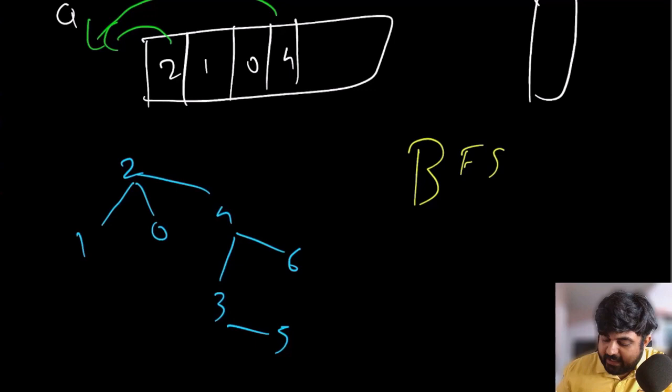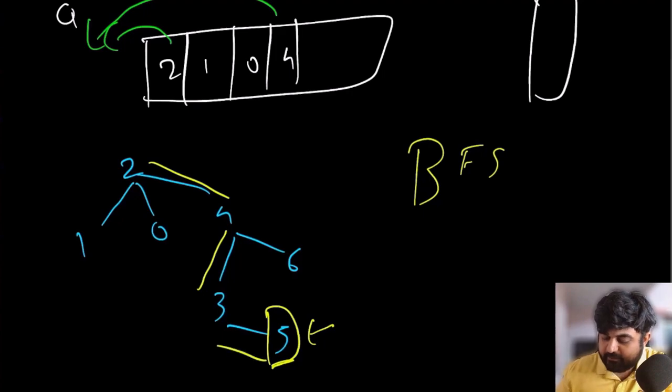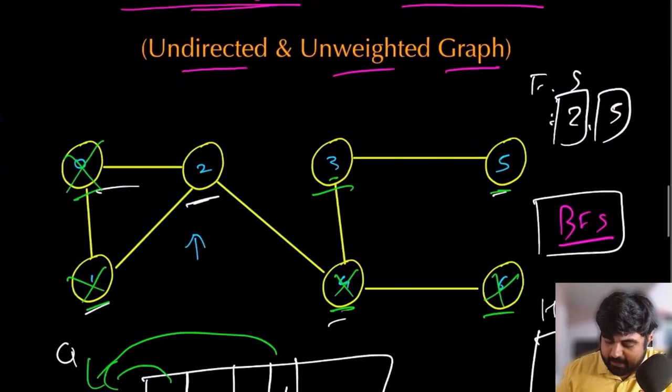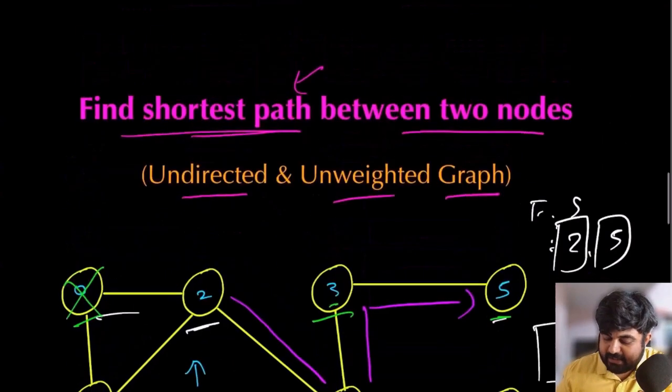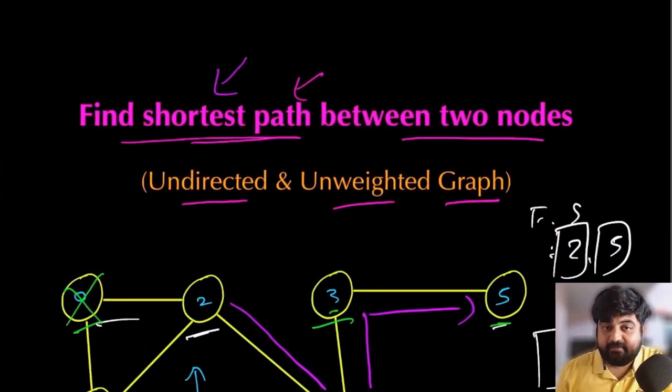And the moment we identify the value number 5, we can actually have a function that tracks the previous neighbor from where 5 got it, and then we can keep track of it and plot a path. So in this case, the path we are going to choose is going to be 2 to 4, then 4 to 3, and 3 to 5. Let's see in our example, the path is going to be 2 to 4, 4 to 3, and 3 to 5, and this is going to be the shortest path between two nodes.